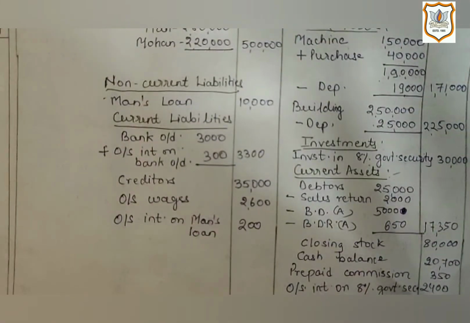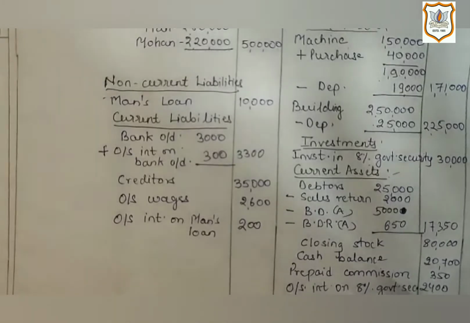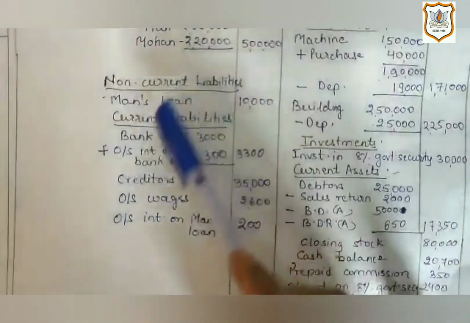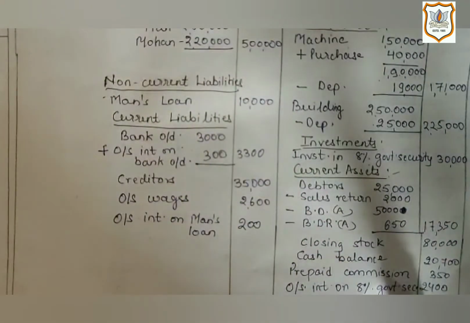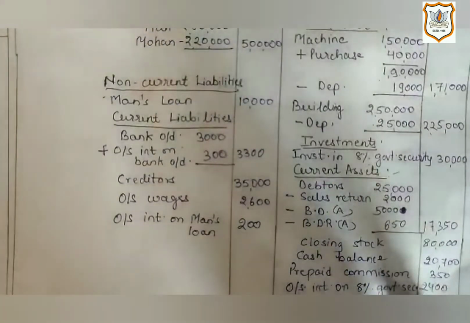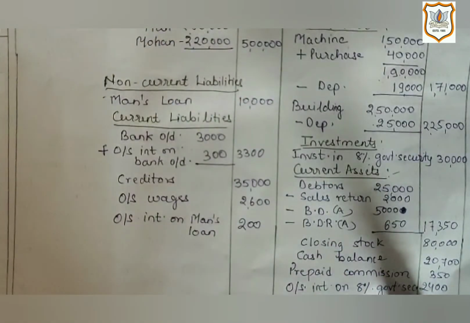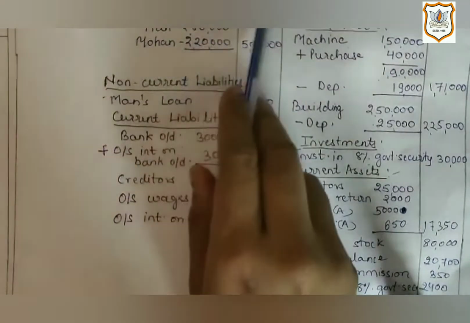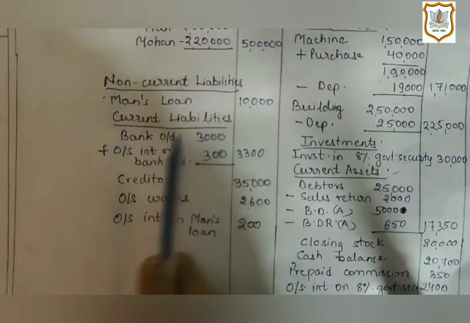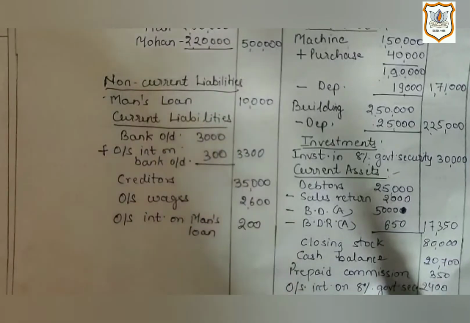As we have studied earlier, when the bank account shows a credit balance, it indicates that it is a bank overdraft. So you must remember that sometimes it is not specifically named as BOD, but if its balance is given on the credit side, then we have to consider it as BOD, and it should be shown on the liability side in the balance sheet under the heading of current liability, BOD 3,000.